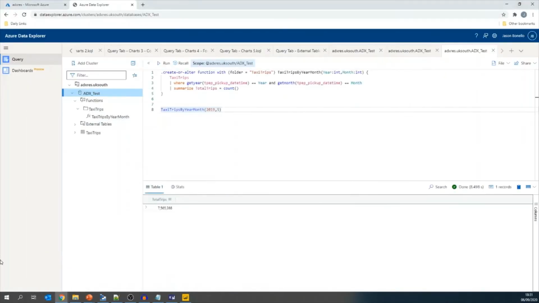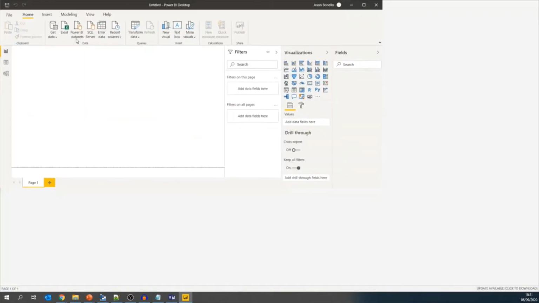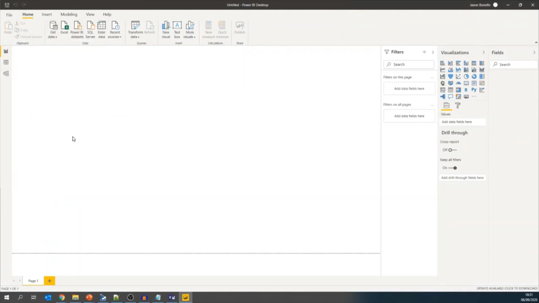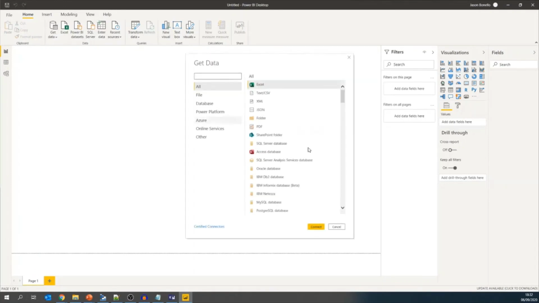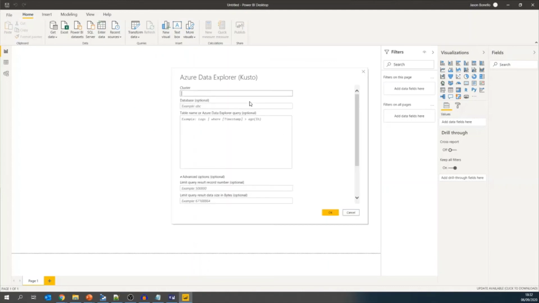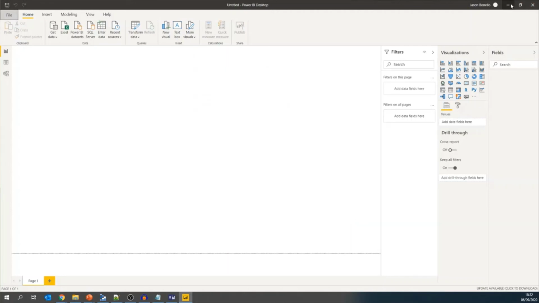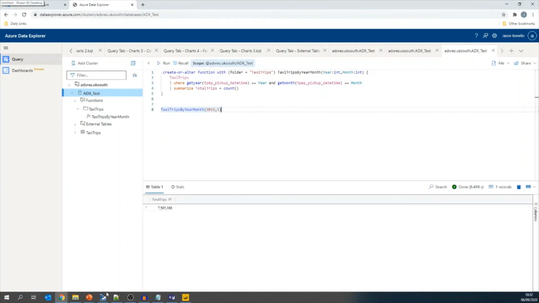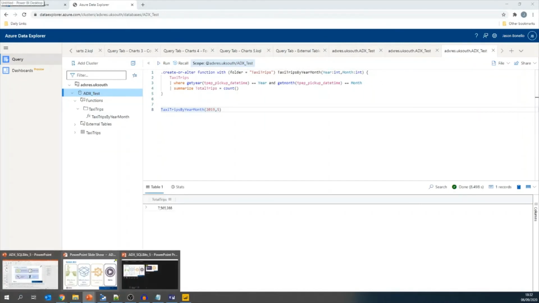And also, just to show you quickly in Power BI, if we were to get the data from Azure Data Explorer and have that data inside a Power BI report, we can do that from here, Azure Custom. We can connect to there. We will not go through the process of connecting to it, but we just provide a cluster, a table name, or a specific query, sign in, and we should be able to build a report inside Power BI if we want to display the data in there. So back to